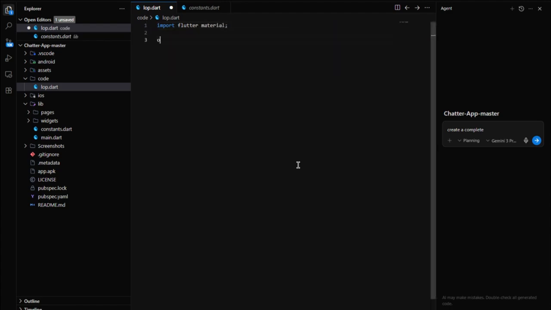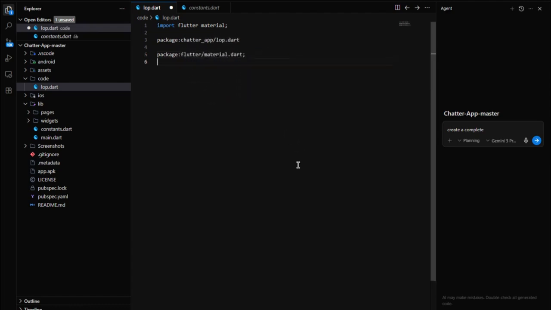Perfect. Now right here package, the chatter app slash log dot. Okay, now you just want to write this, and when you have written this, you want to write here package flutter